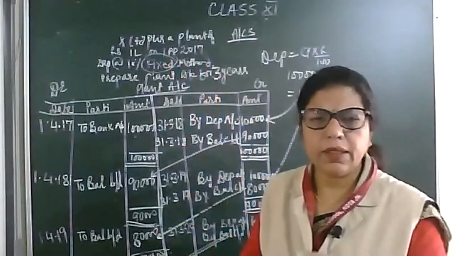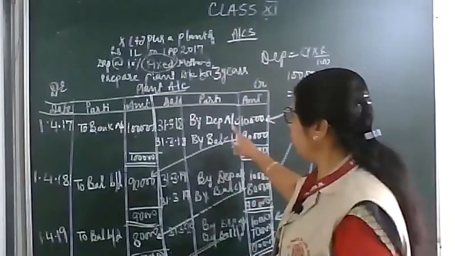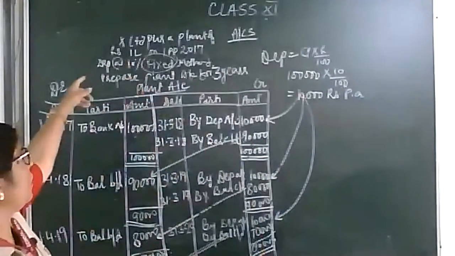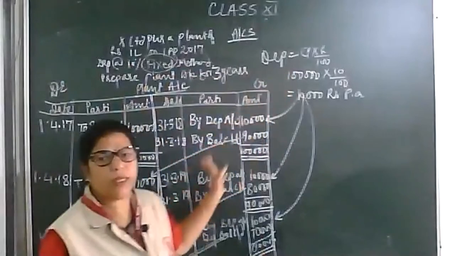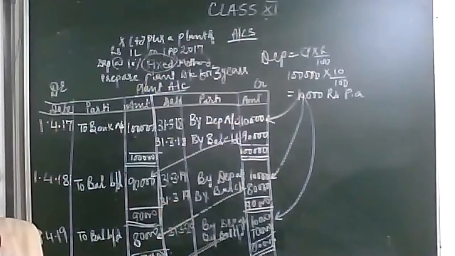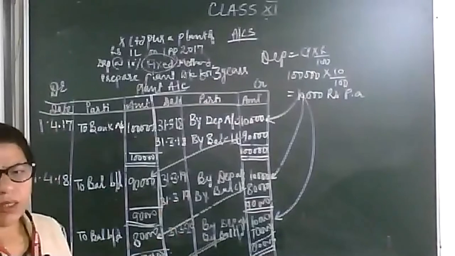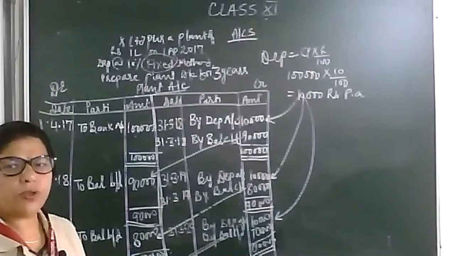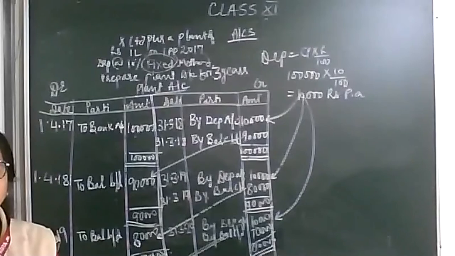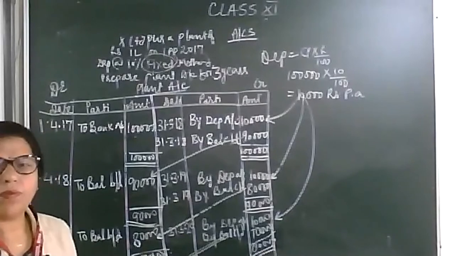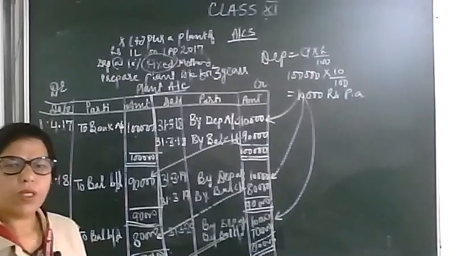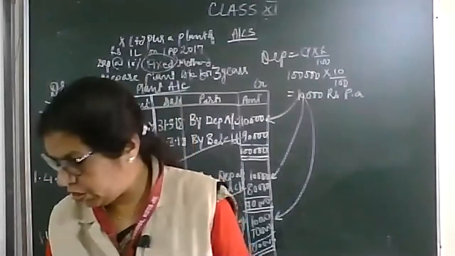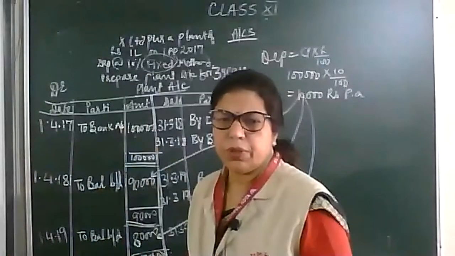Okay? And this question is for 3 years. So you will calculate it for 3 years. Note down properly. First the working note, how to calculate depreciation, then the account. Then the account. Note down please. Now everyone please note down. Now I am going to give you one more question. Okay, please note down. One more question for you.